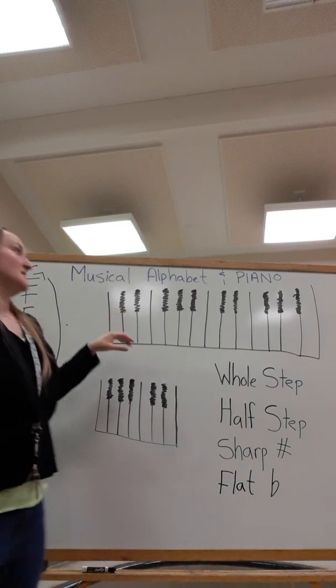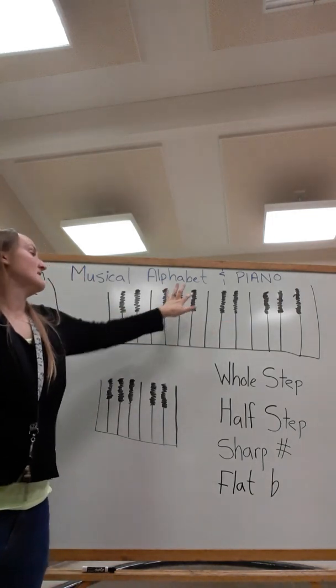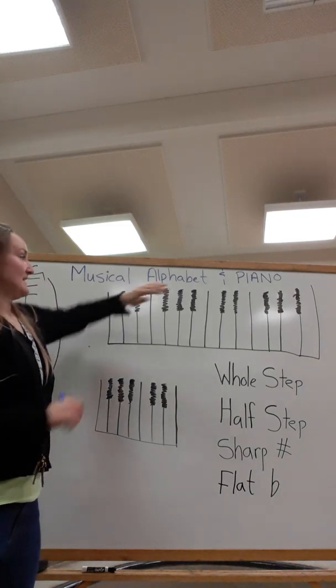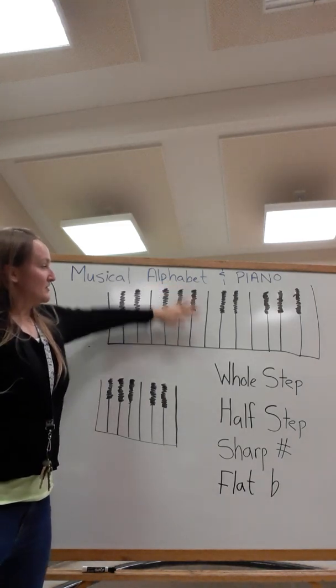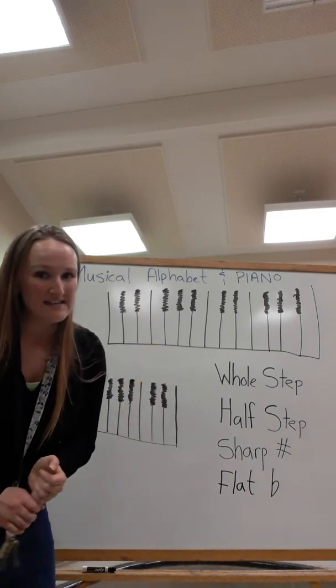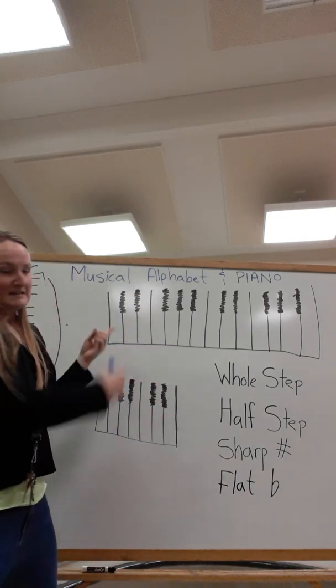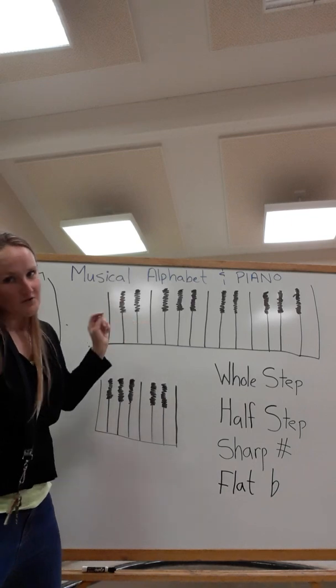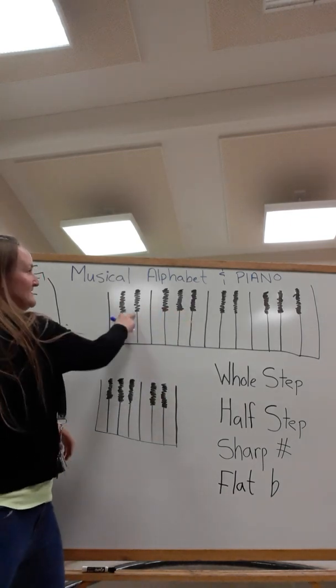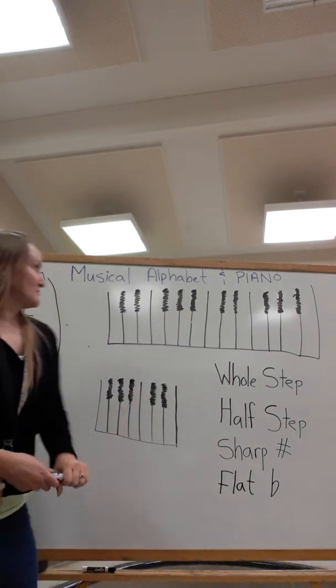So when you see a piano, there's the white keys and there's the black keys. And it's really important because without the black keys, you wouldn't really know what the white keys are. So it's really important to pay attention to how the black keys are grouped. Can you see how they're grouped? They're grouped in 2s and 3s. I like calling them the twins and the triplets. So right here,